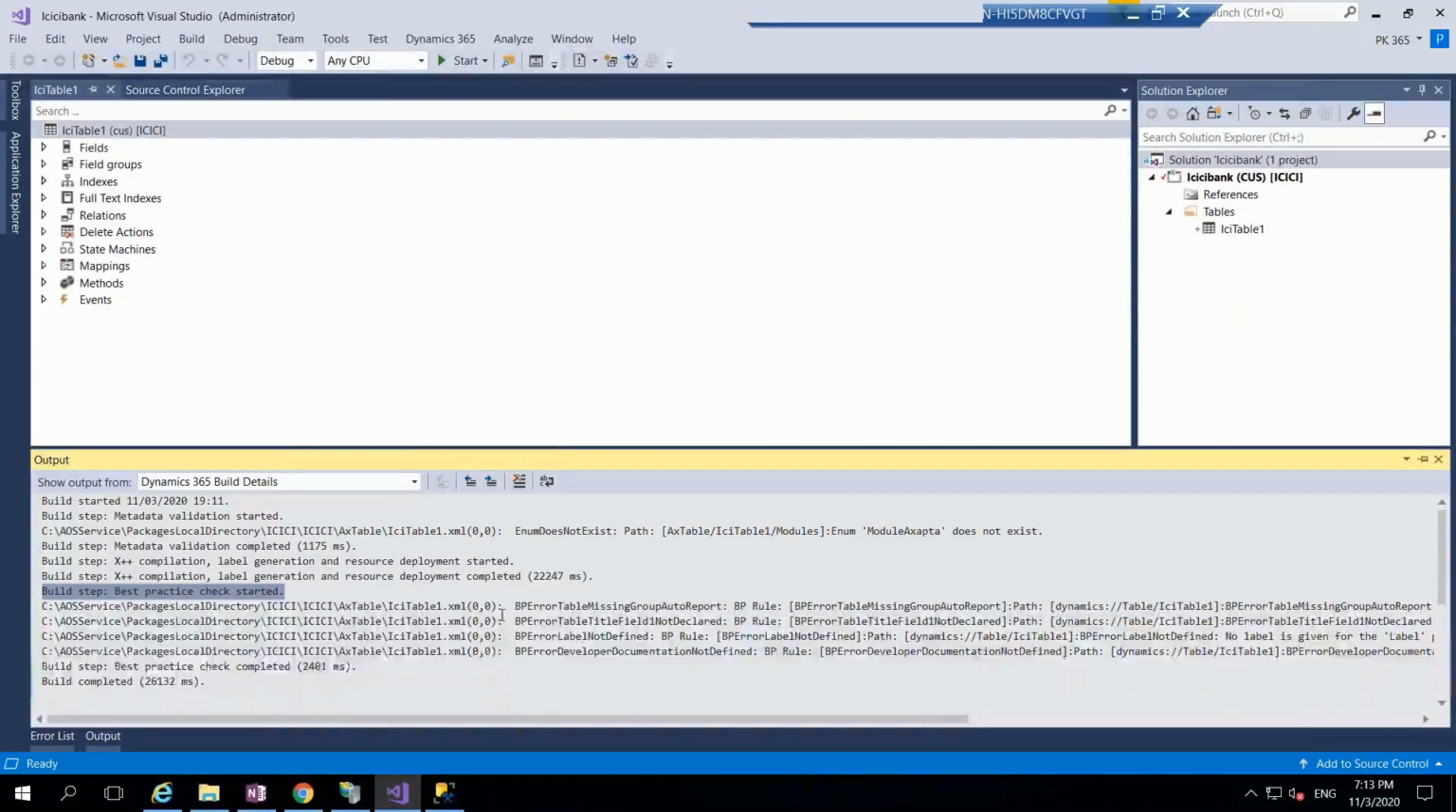Now, in the table, if you have not defined the label for the table field, then it will throw a warning. They might have been converted to errors, because we can do that. When you define the best practice rules, you can convert warnings to errors and informative to warnings. You can do whatever you want, so it depends on the values that you get. Once this best practice check is finished, it will say best practice check completed, and then